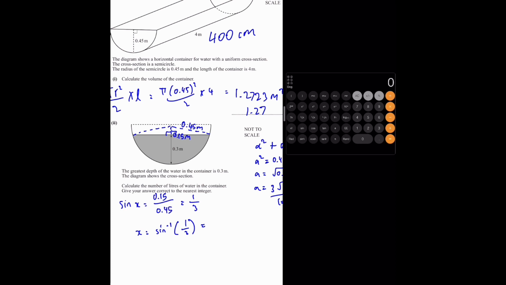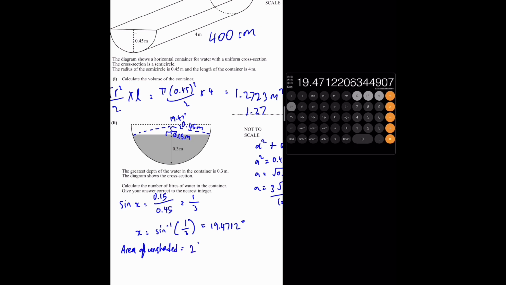Let's do that in our calculator. Let's do the sine inverse, which is 19.4712. And this is in degrees. So this angle is over here at 19.47 degrees. Now we can find out the area of the unshaded part. So the area of unshaded part,